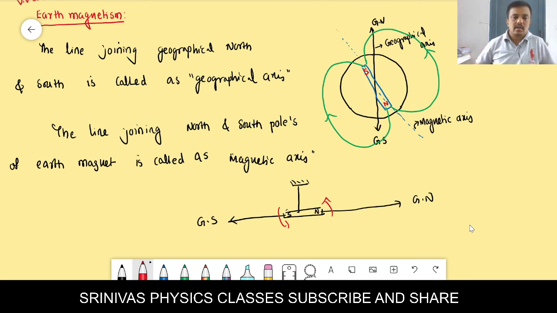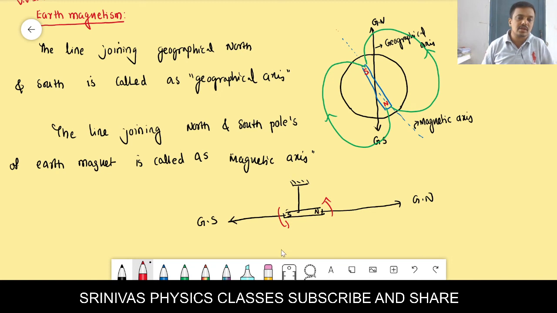Now listen. Here one bar magnet we are suspending from a rigid support, and it is made to rotate like this. After that it will oscillate for some time, finally coming to rest in a certain line, in such a way that the north pole of the bar magnet points to the geographical north and the south pole points to the geographical south. That means this suspended magnet can show the geographical north and south.